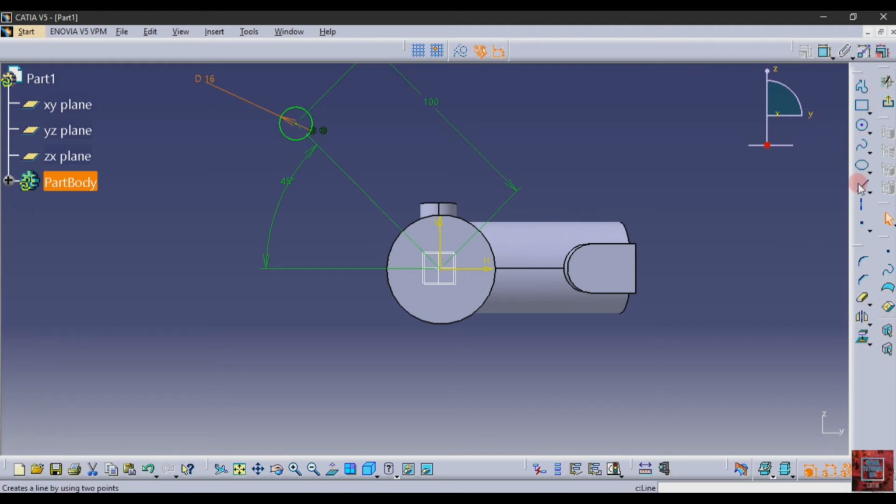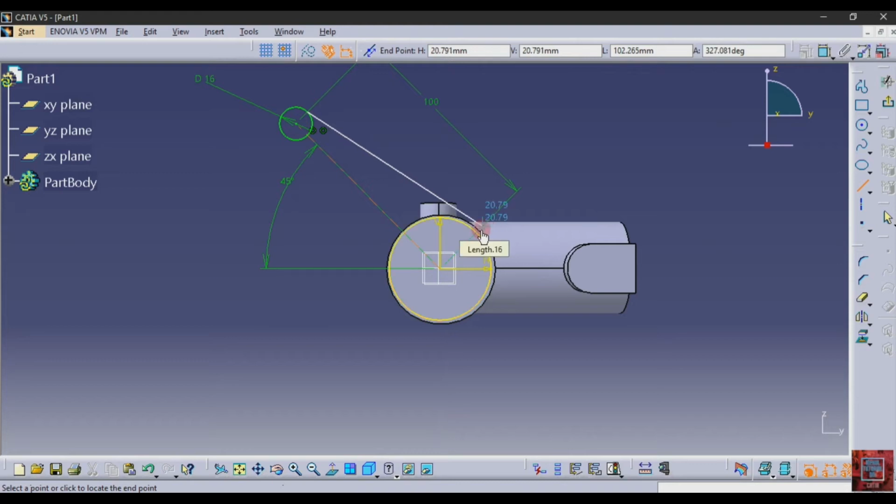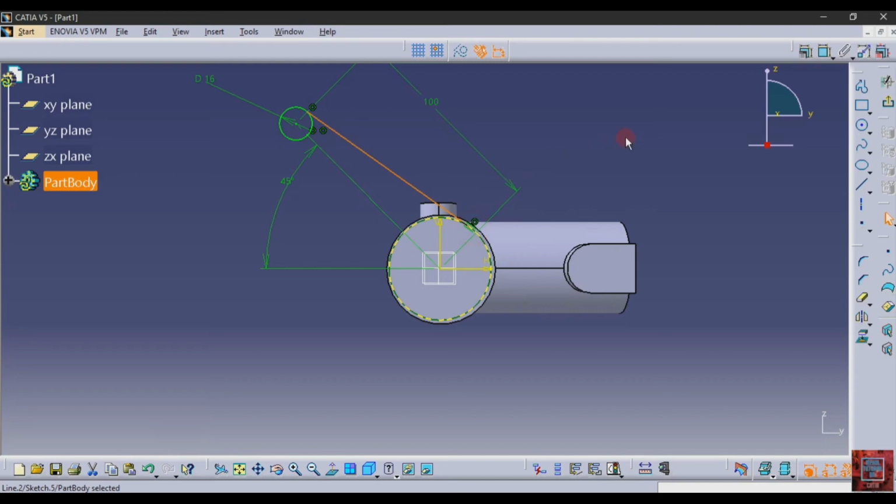Then select the line. Before that, select the circle and project it. After that, select a line and make it tangent to this circle. Here is a tangent. Select this line and mirror it. This tangent is ready.